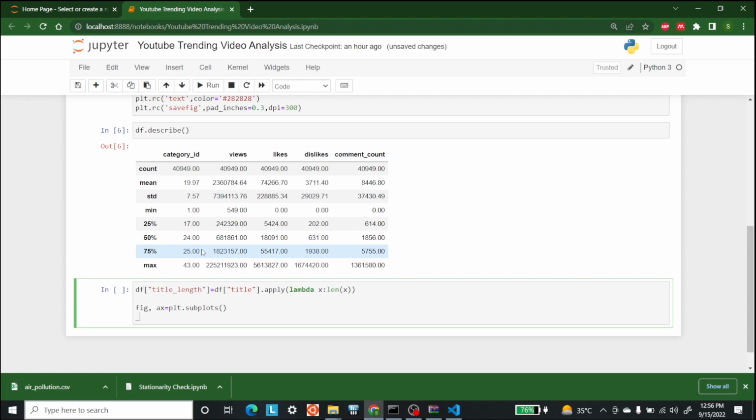But the methodology will be the same. So the first thing is, let's write ax dot distplot, and here we are going to use title length,